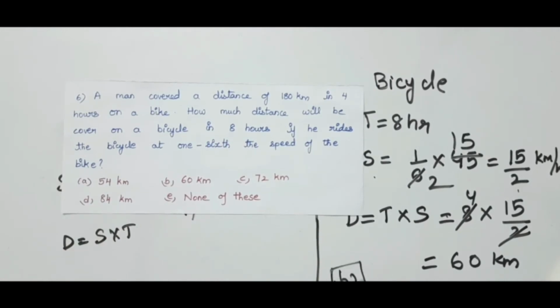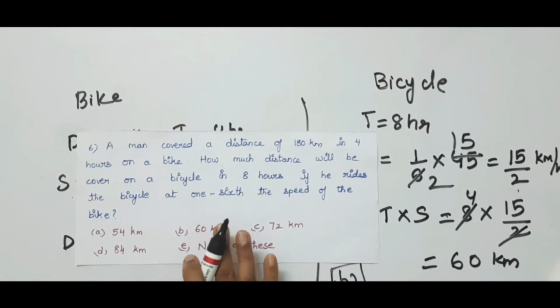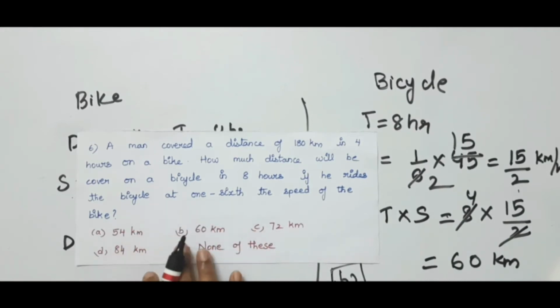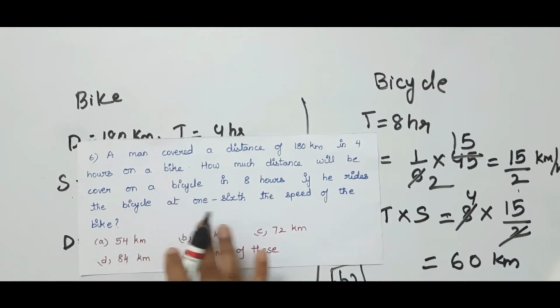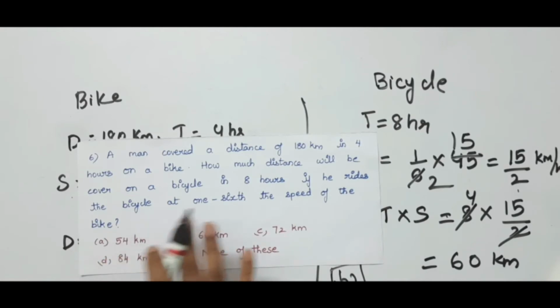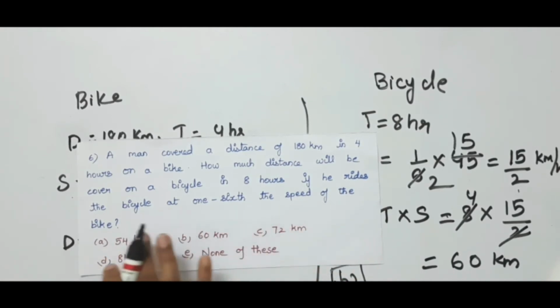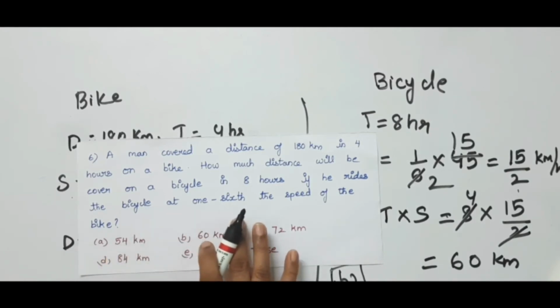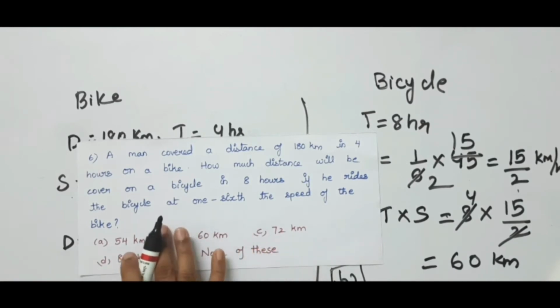So if this type of problem is given, first notice the relation between the first vehicle and the second vehicle that he has given. Once you find that statement, you can easily solve this problem by following step-by-step sentences. Here in this problem, I noticed that in this sentence he has given the relation between the bicycle and the bike: speed of the bicycle is equal to 1/6 of speed of the bike. So once I found this sentence, first I decided to find the speed of the bike.